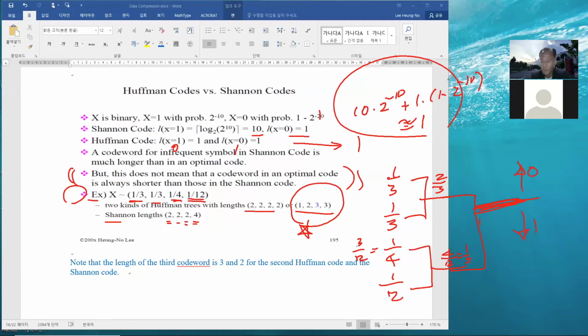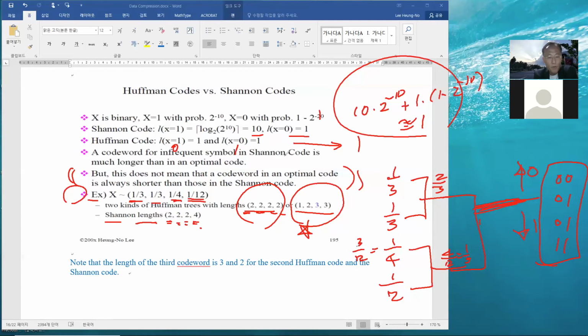So the first item is up-up, then up-down, down-up, down-down. This is the collection of code words for this tree, which has length 2 for each case. And when I compare the Shannon lengths, which are 2, 2, 2, 4,